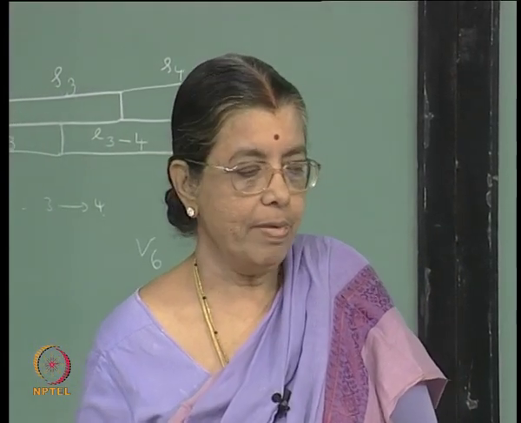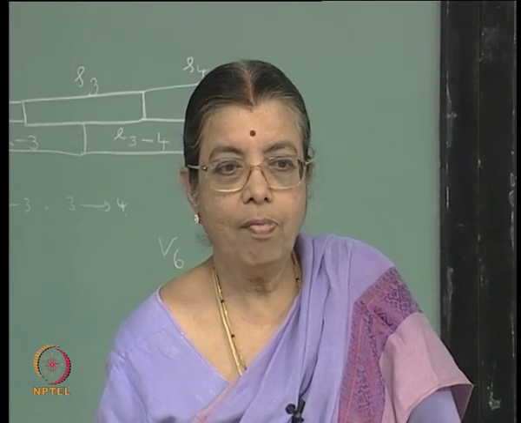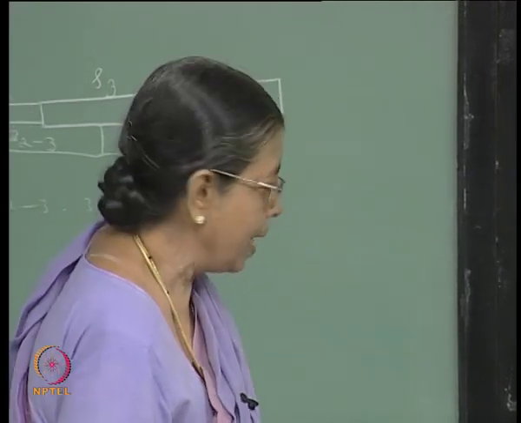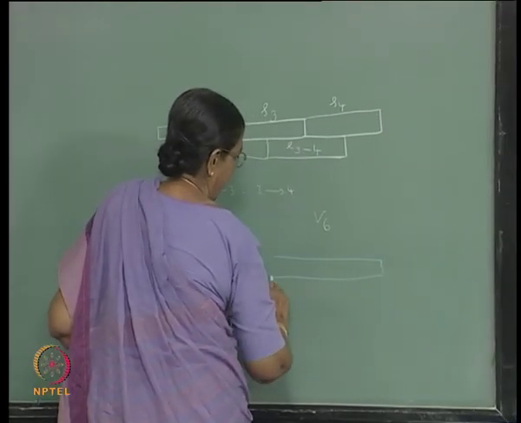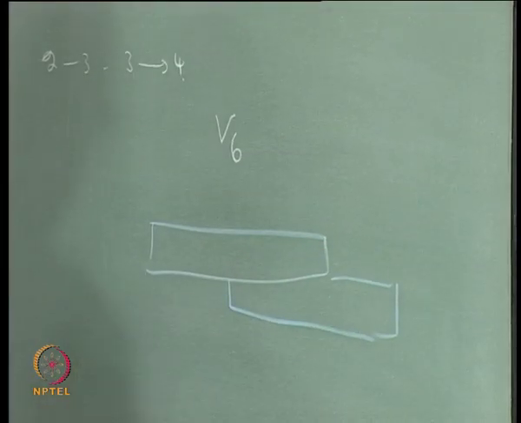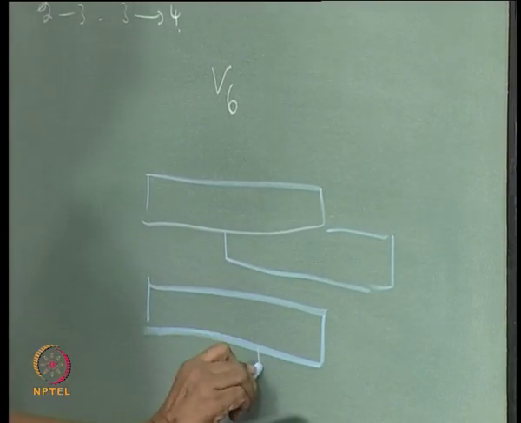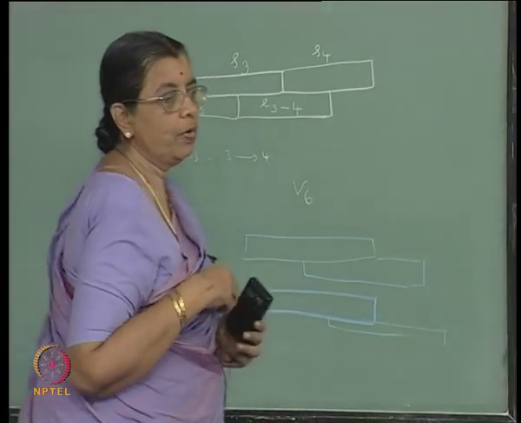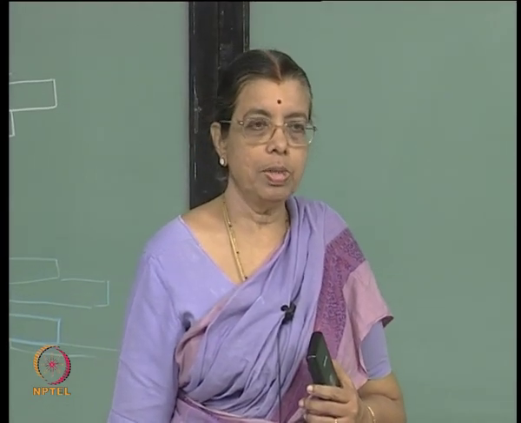Another type of error which can creep in is unwanted annealings. That is, I want something to get attached like this to one strand, I want another strand to get attached like this, whereas this strand may come and attach somewhere else. That can happen only if you do not choose proper sequences.